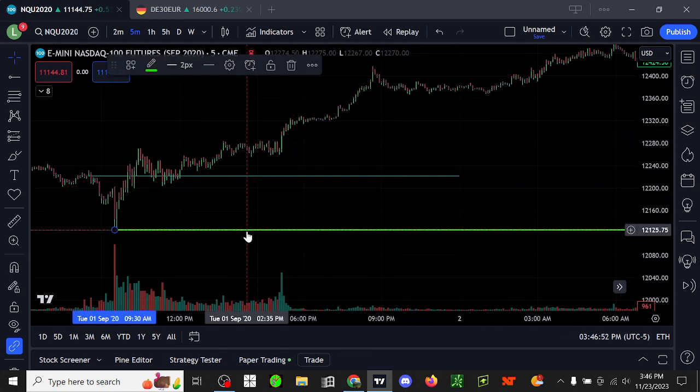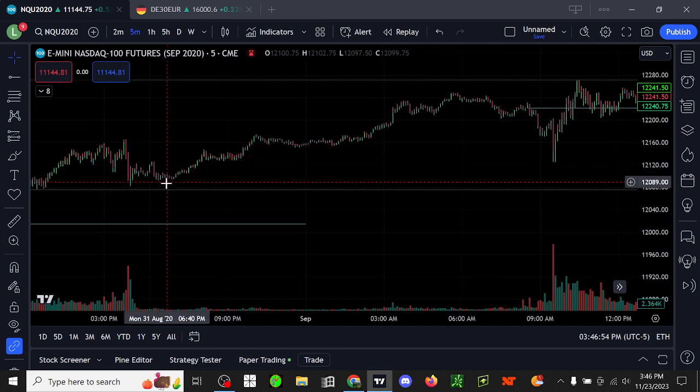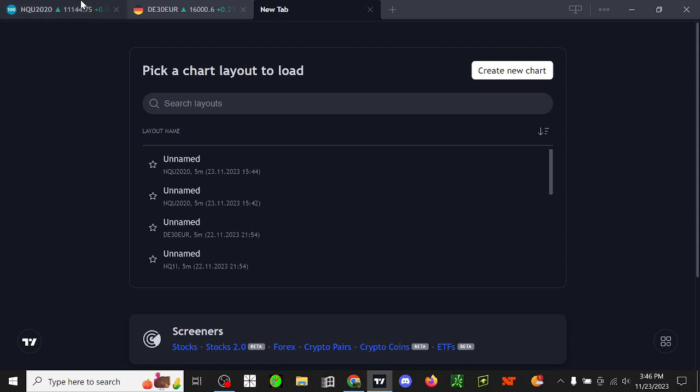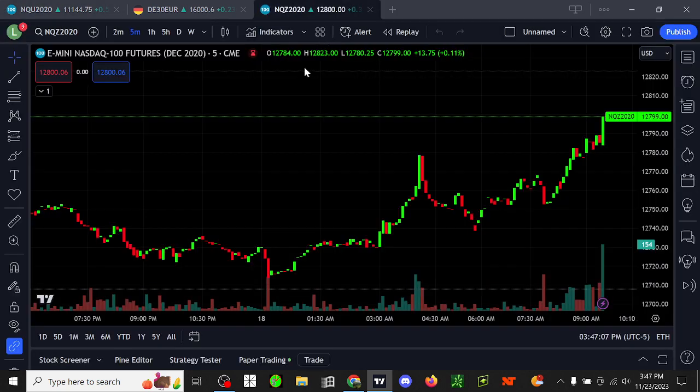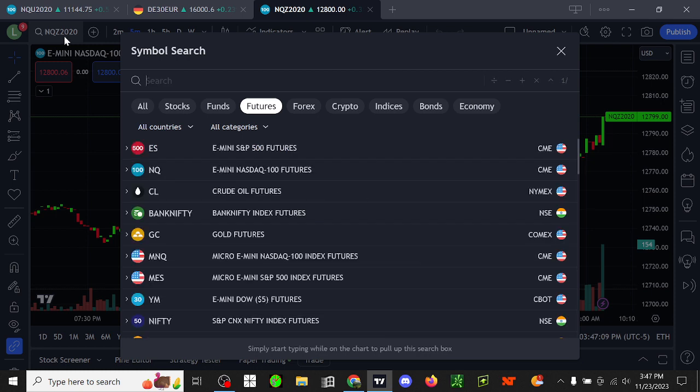You can't disprove this. Once you've seen this, you can't disprove it. Now, okay, let's go. I personally would trade the NASDAQ if I were you, because after seeing this, you have no reason to try to trade anything else. Because this is a long bias. So not only do you have the help of this, but you also know which direction it's going to go in the long run regardless.